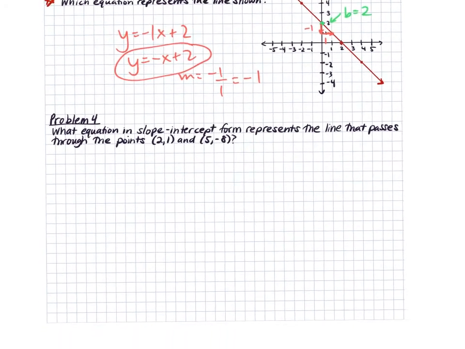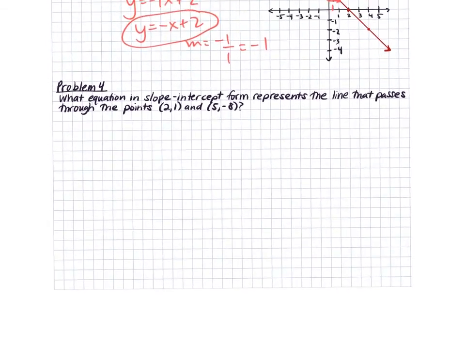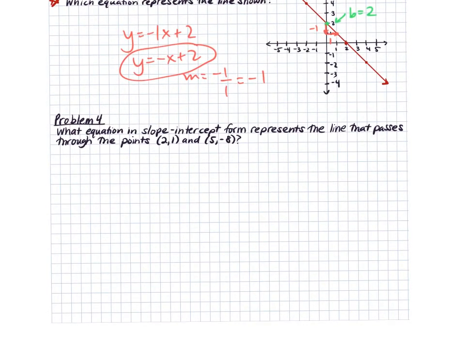Okay. Moving on, what equation in slope-intercept form represents a line that passes through the points? So here we can figure out the actual equation from 2 points. Remember, we can figure out the slope from those 2 points, then we can plug one of those points in and figure out what the b is. So let's start with our y equals mx plus b. And we do know that